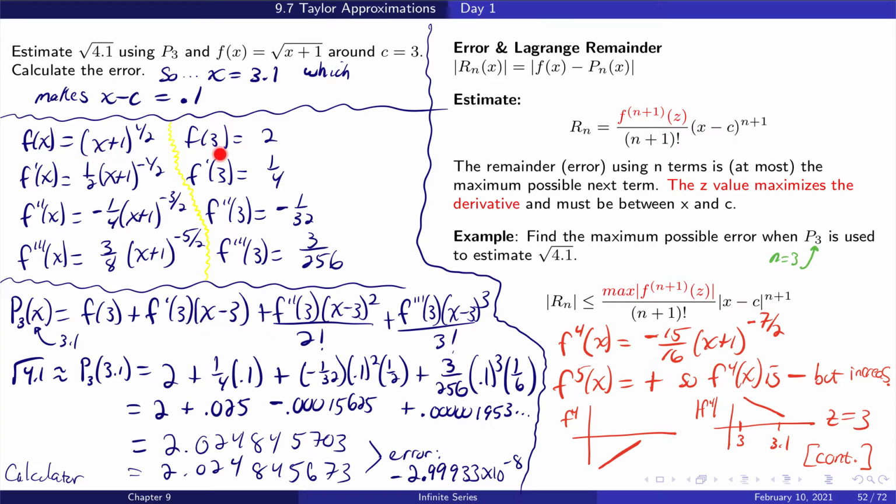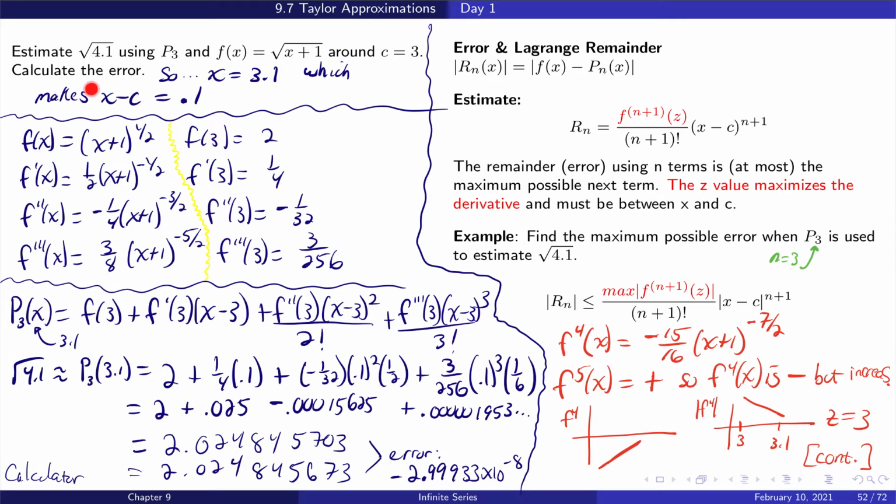So here's my function evaluated at 3, first derivative evaluated at 3, etc. Substituting in all these values, we get this function here, and then when you plug in 3.1 for x, 3.1 minus 3 is always 0.1. So this parentheses is 0.1, this parentheses is 0.1, this parentheses is 0.1. Picking up a calculator and cranking through all those calculations gives you